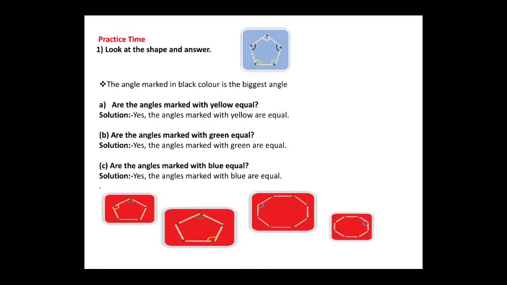Blue color means, see what shape you call this. See how many sides there are: 1 2 3 4 5 6 7 8. There are 8 sides. If it has 8 sides, what do you call that polygon, what do you call that shape? Yes, it is an octagon. So here the angles are marked using a blue color.